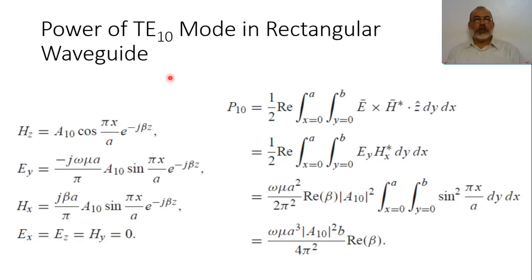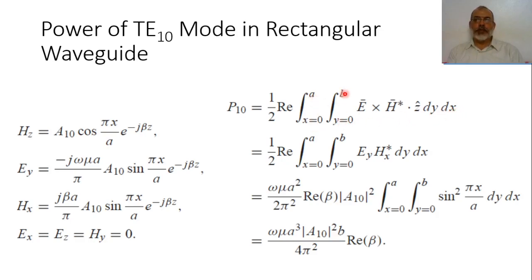If I'm talking about the power transfer for the dominant TE10 mode in rectangular waveguide, the power transfer P10 is half the real part of the integration of E cross H conjugate. And if I'm talking about the propagating power along the Z direction, so the Poynting vector in the Z direction, E cross H conjugate, all of this dot Z, and the cross section area where the power is transferred is the cross section of the waveguide, so this dx dy,